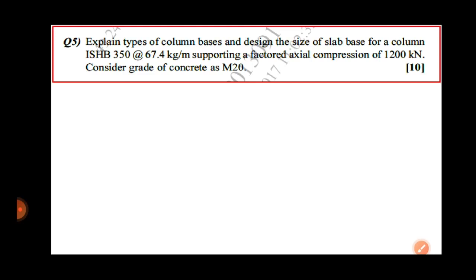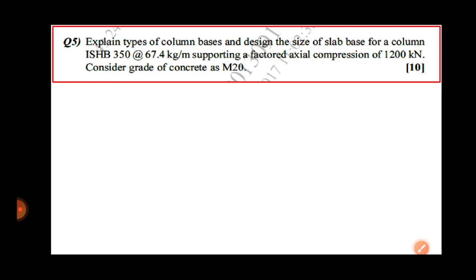about 67.4 kg per meter supporting a factored axial load of 1200 kilonewton and the grade of concrete is M20. Now if you observe, the numerical is asked for 10 marks. In the 10 marks there are 2 marks for the explanation of the column bases, that is slab base and gusset base, and the remaining 7 to 8 marks are there for the design of the slab